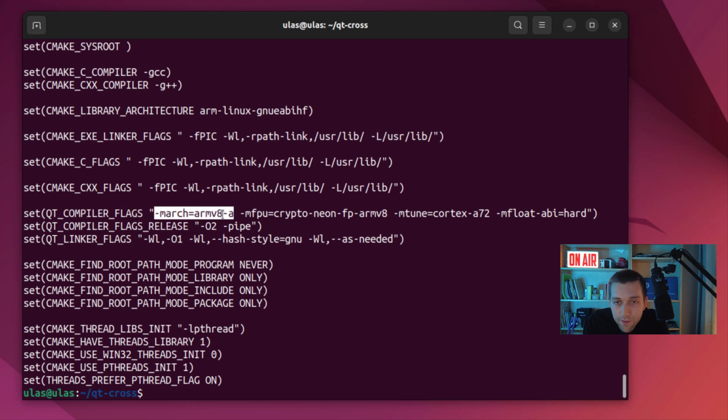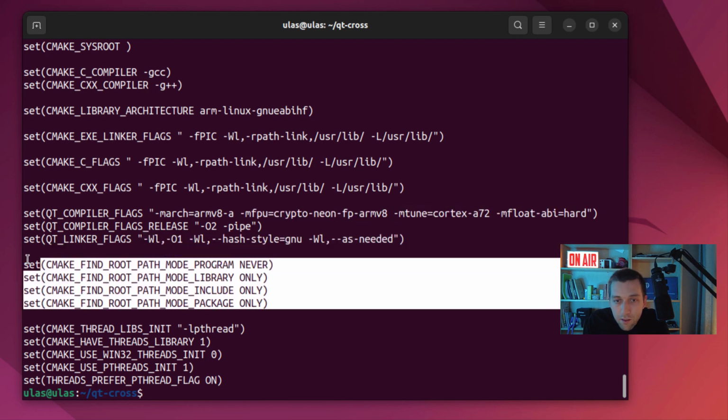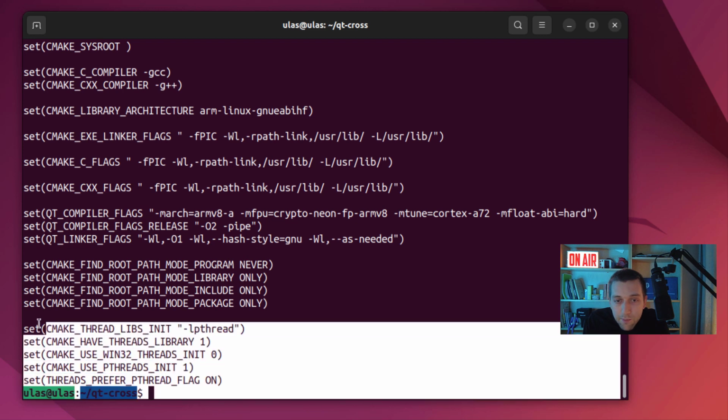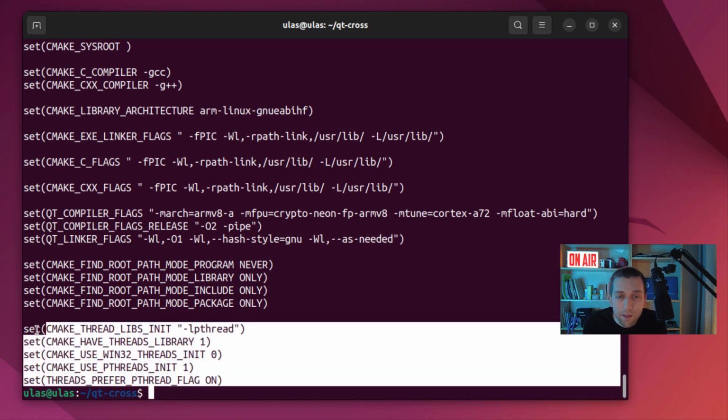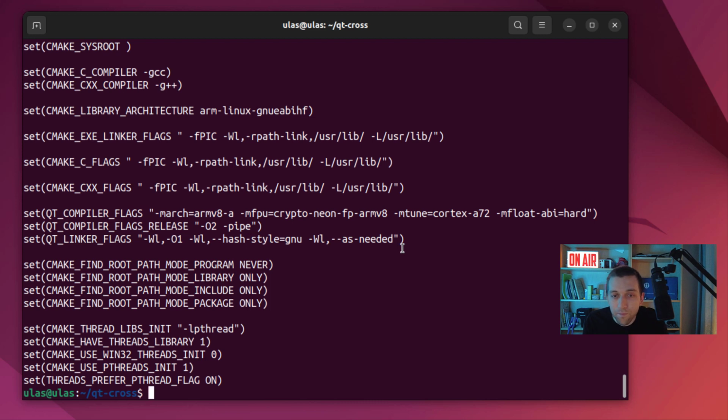This is the ARMv8, the Raspberry Pi 4 architecture, and these are the necessary ones again. The hard float. You can play with these things. And I added the lpthread. Yeah, I saw a problem actually, it couldn't find the thread package. I don't know why. So I added this to find the package for the threads, then it worked. So now this is the